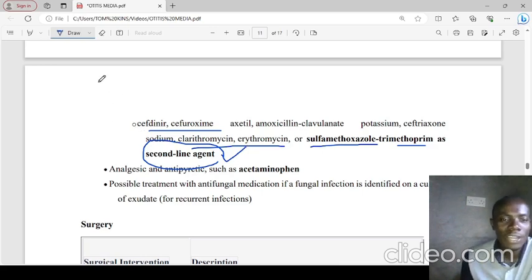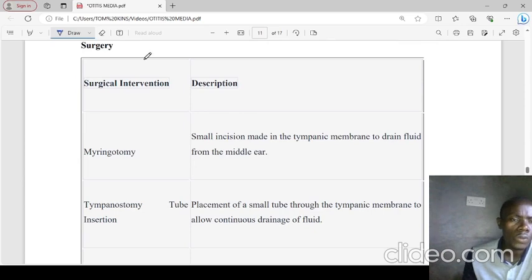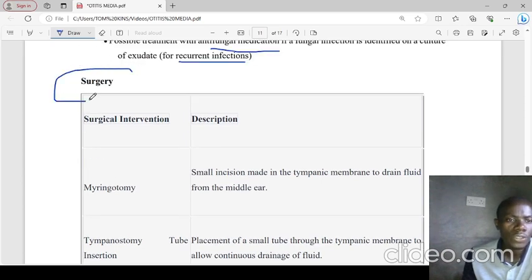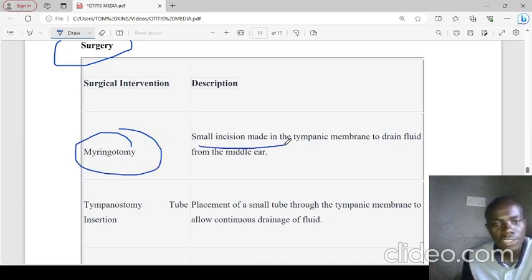Apart from the antibiotic therapy, we also have analgesics and antipyretics such as acetaminophen, which is normally given, and possible treatment with antifungal medication if a fungal infection is identified on culture of the exudate, especially for recurrent infection. We could also have surgical intervention. The first one is myringotomy, where a small incision is made through the tympanic membrane to drain fluid